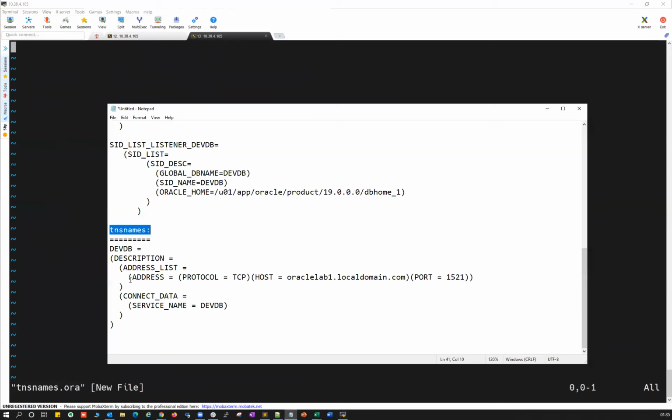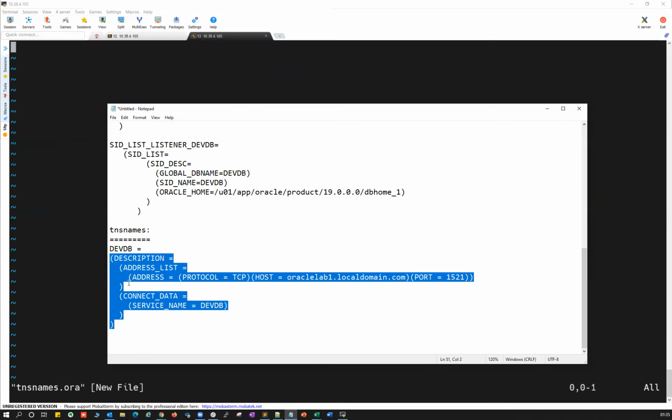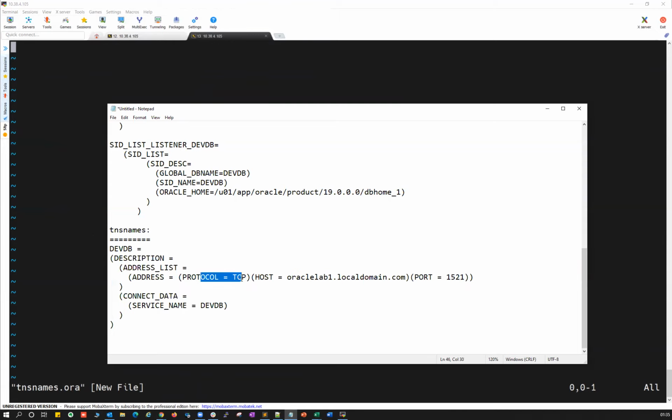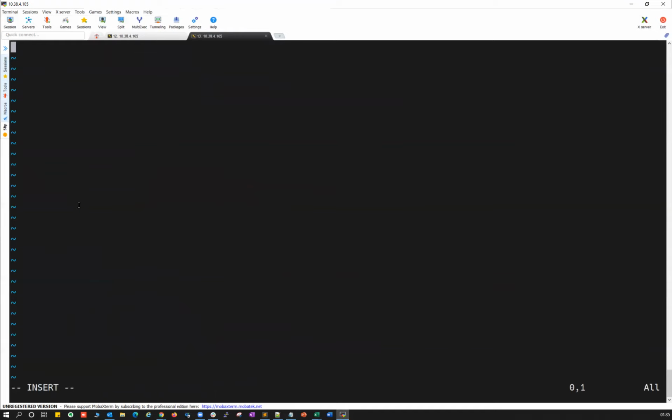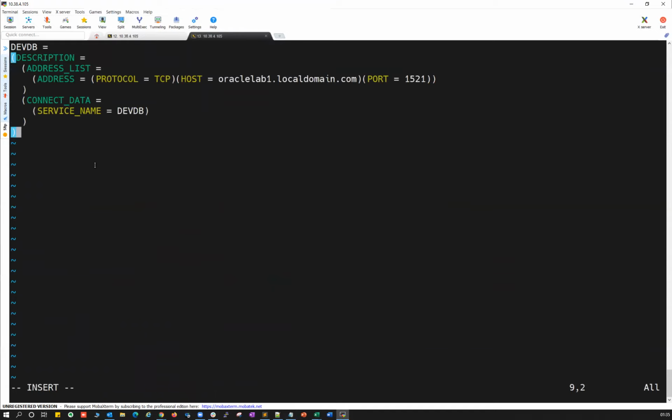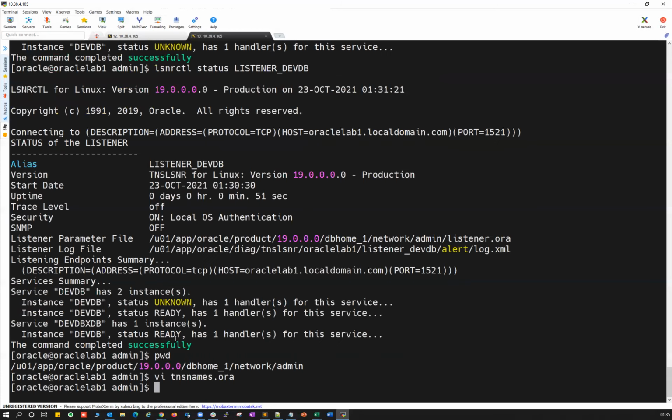And then you're going to add that DevDB, that's the alias name, and all your description: the listener and the service description, on which protocol your listener is running, on which host your listener is running, on which port your database is listening, and what your database service name is, that's your DevDB. So just copy this entire thing and then put it here in your tnsnames.ora file. That's it. So your TNS file is ready.